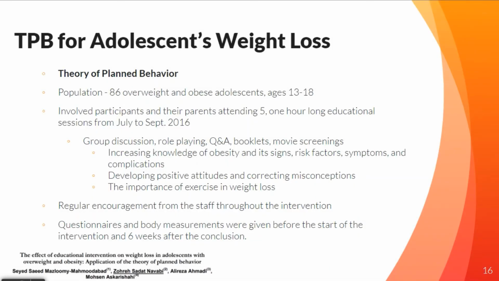The next intervention that we'll talk about is the theory of planned behavior for adolescents' weight loss, which utilized the theory of planned behavior, and it focused on 86 overweight and obese adolescents ages 13 to 18, with a 3-month long